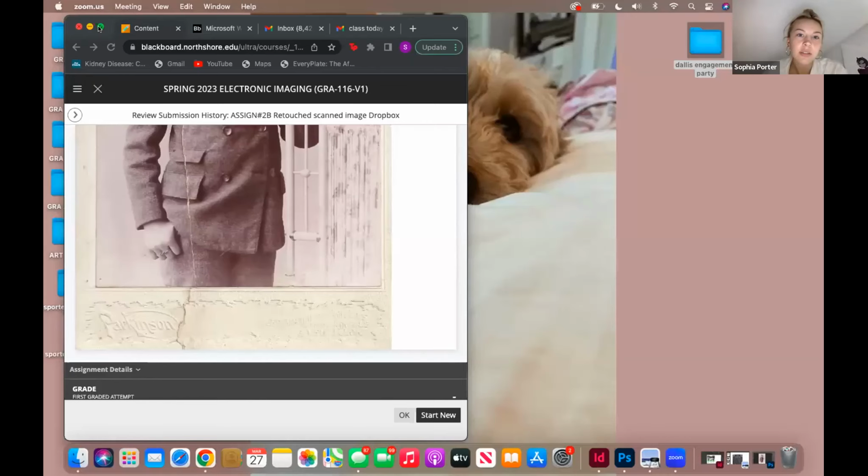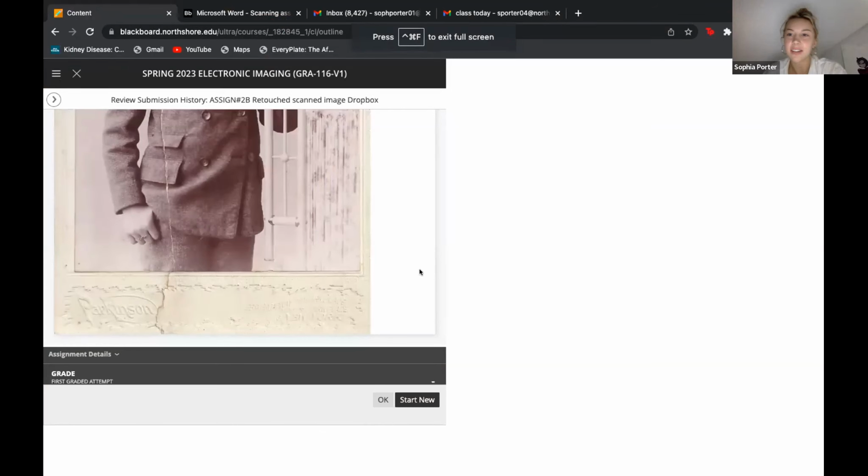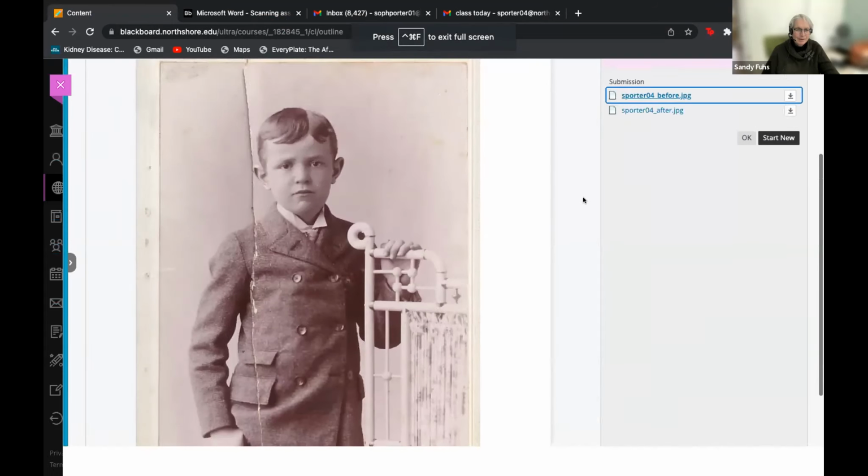Okay, Sophia, did you get a chance to work on it? Yeah, I have one to share. I just used one of the photos that I did because I moved recently, so all my stuff's in storage. Okay, wait, can you see it? Sure. Yep. The kid with the